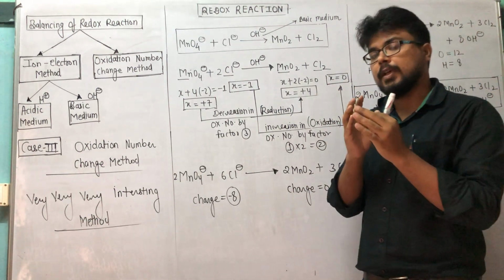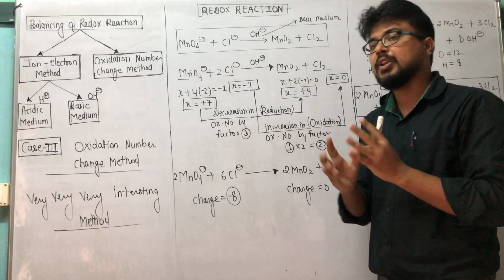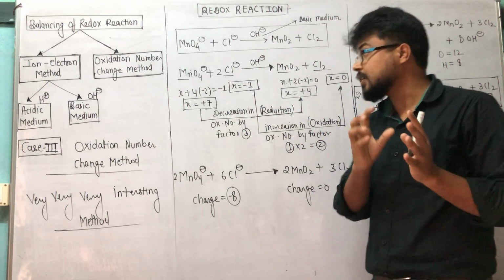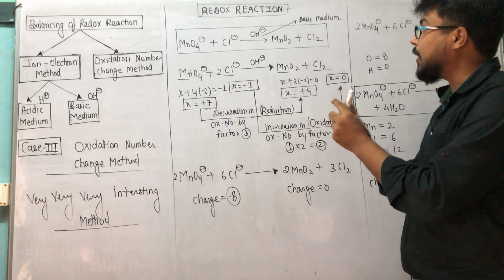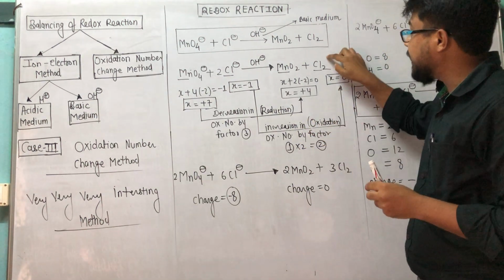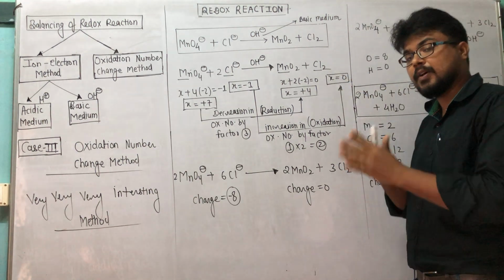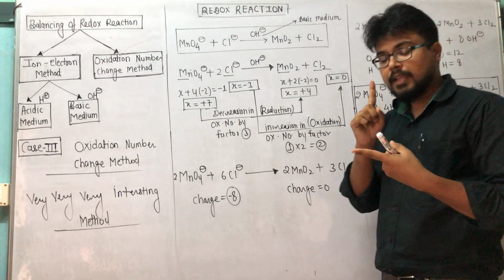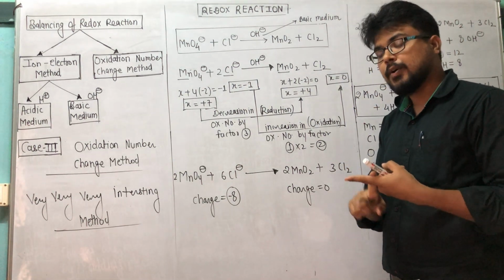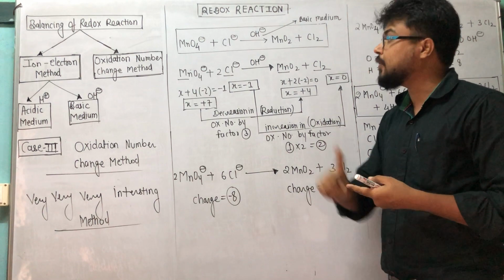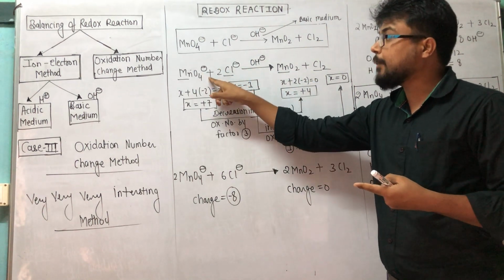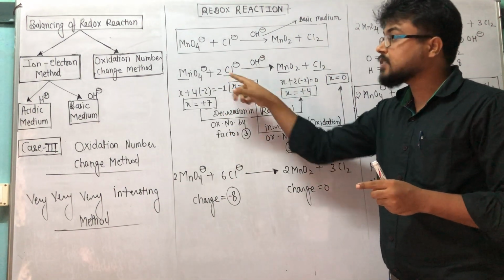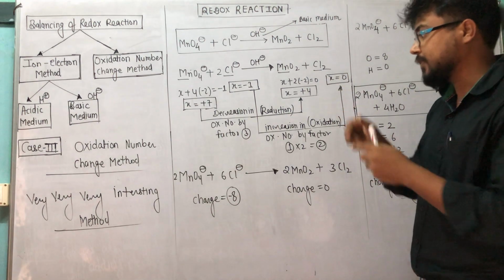Why 0? Students, we know that in the case of an atom or molecule there is no charge, because the element or molecule is neutral, so its ox number will be 0, because charge is not present. In the case of an atom, ox number is 0. In the case of a molecule, ox number is 0. But in the case of an ion, whatever charge is borne by that particular ion or molecular ion will be the ox number of that ion, correct?